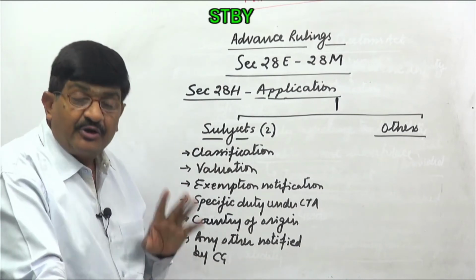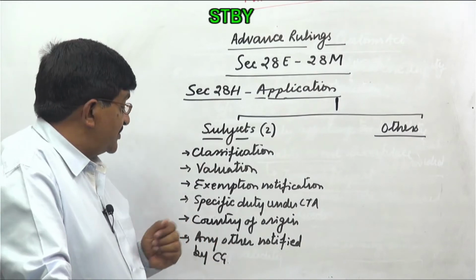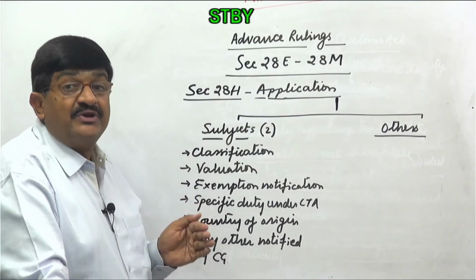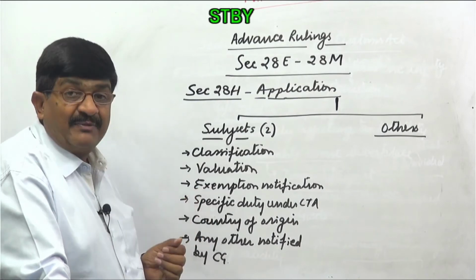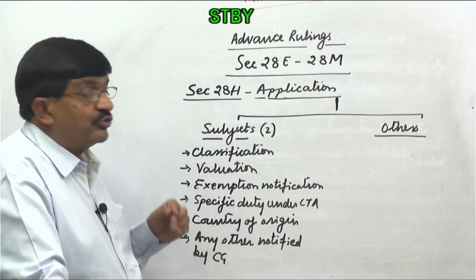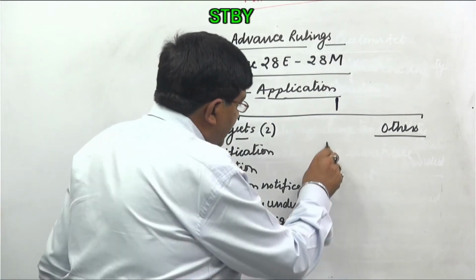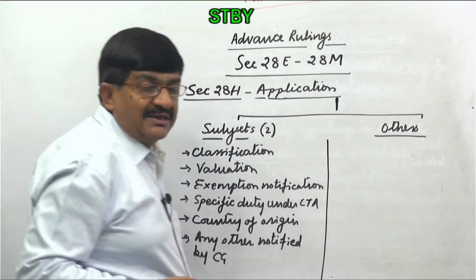Classification, a rate of duty can change. Valuation, if the value changes, amount of duty can change. Exemption, whether duty is there or not. Specific applicability, that is again the duty, and any other should also be related to duty only. Okay. Then, other than that,